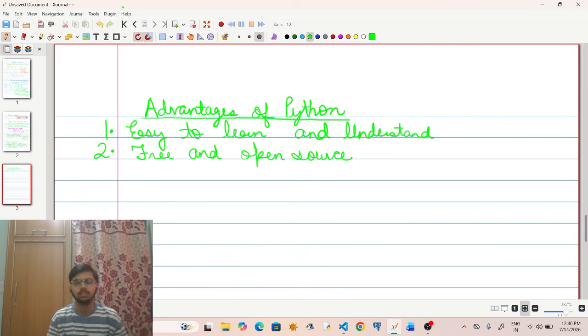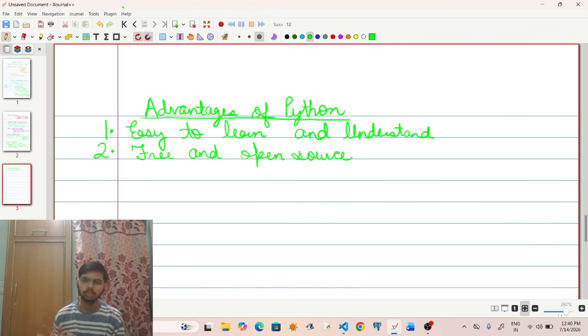Now, any programming language is developed by a particular person or an organization, but the future developments of that programming language, or you can say the different versions which come of it, actually depend on the open source nature and the community of developers that work on it.